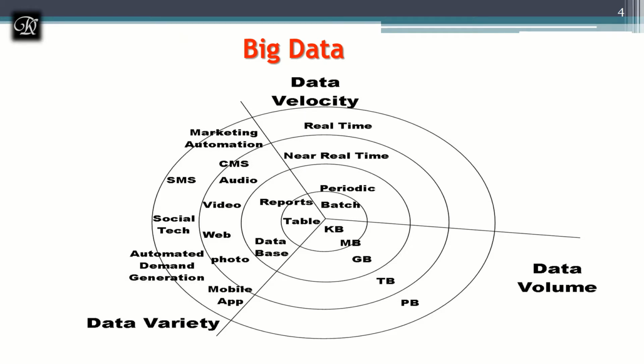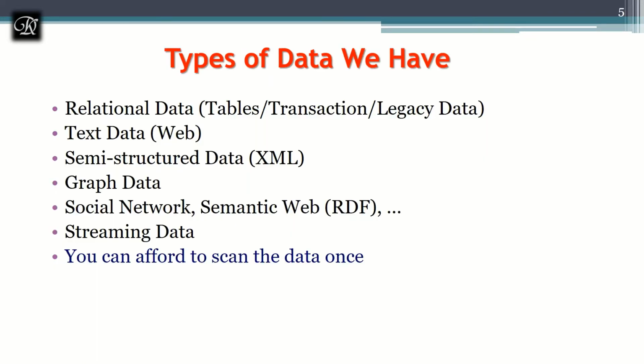The types of data we are going to get here: one, as we have spoken already, is relational data. That might be from regular tables or relations, or from transactions. Like if I go with a financial organization, there we get this term called transactions, every day, how many transactions they are going to do. And legacy data, if we have any archive data. So these are all from the relational.